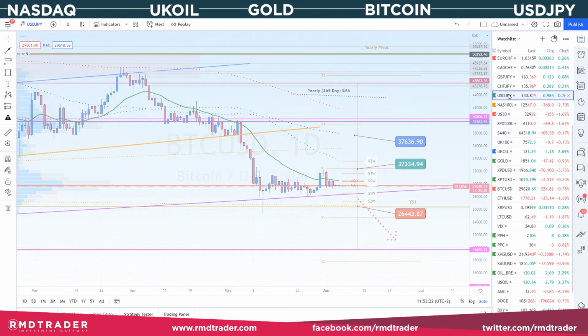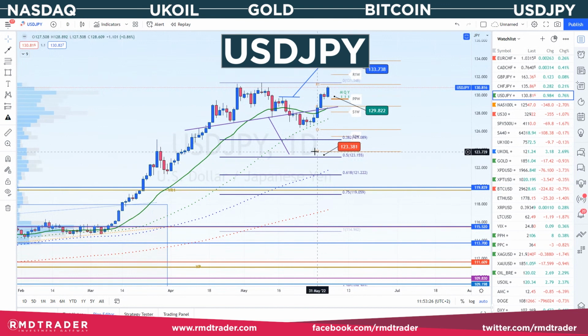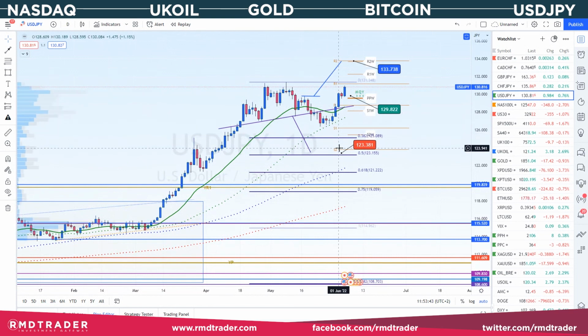Finally, and to conclude, let's have a look at the USDJPY. And what we have here is previously we identified this head and shoulders pattern, which broke out to the downside quite nicely, starting to head towards the target area at 123, but then found some support from the daily 50 SMA. And instead of continuing down, we then saw the invalidation of this head and shoulders pattern,